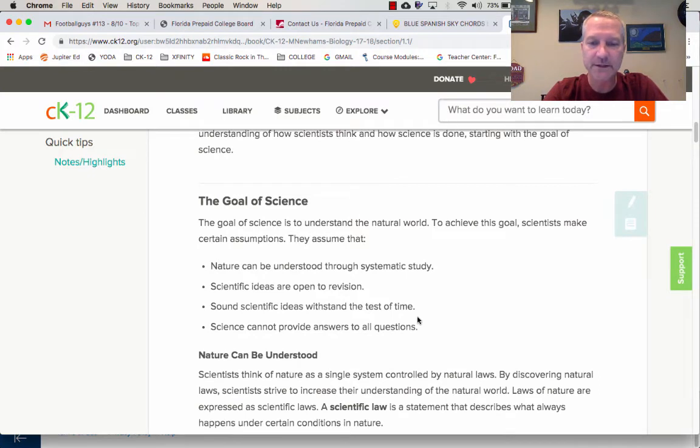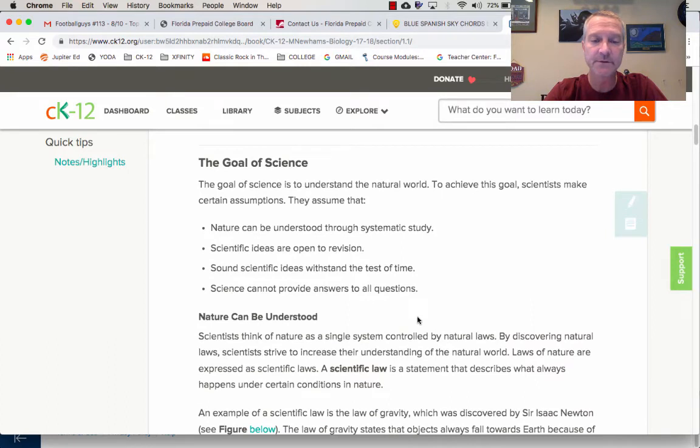The goal of science. The goal of science is to understand the natural world. To achieve this goal, scientists make certain assumptions. They assume that nature can be understood through systematic study. Scientific ideas are open to revision. Sound scientific ideas withstand the test of time. Science cannot provide answers to all questions. All right, how about I go scientists'